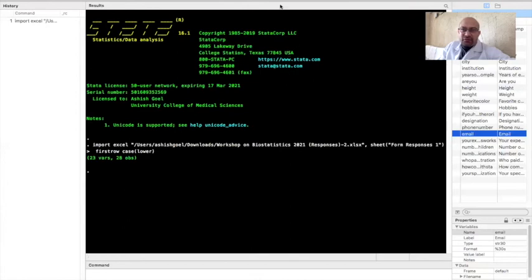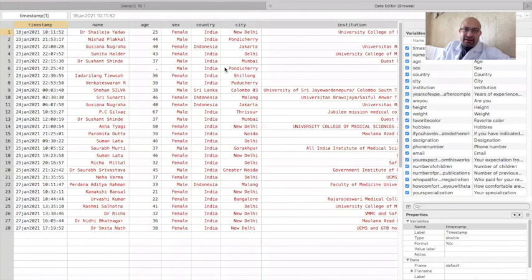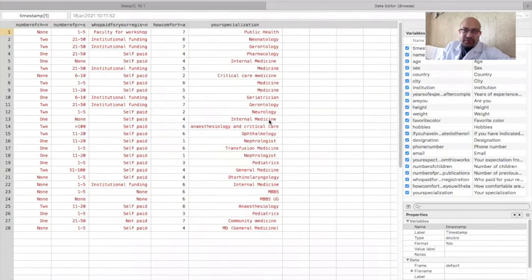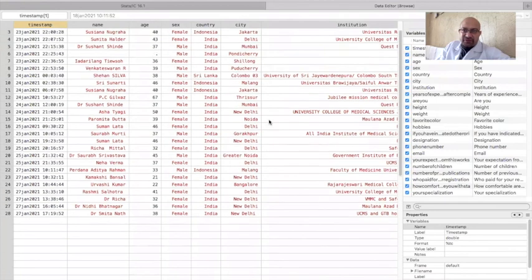Another option would be to go to these icons which are here. If you notice, there is a data editor here in which there is a browse function and there is an edit function. If you click on the right icon, it says data editor in browse mode. That means it will open the data in browse mode, but will not let you change any data. This particular icon says data editor in edit mode, and this will allow you to change the data also while you are viewing it. So let me click data browser, and here you can see the data which we have just imported, and it presents it to you for inspection.